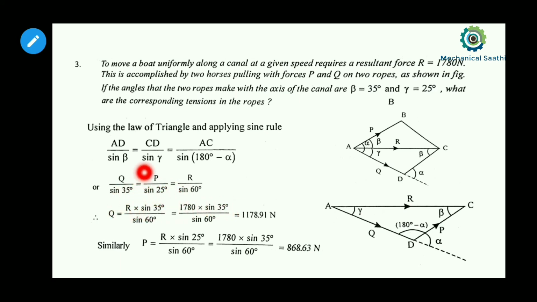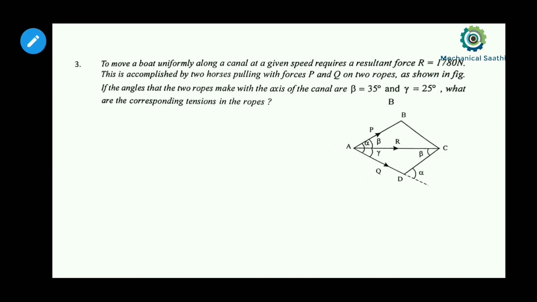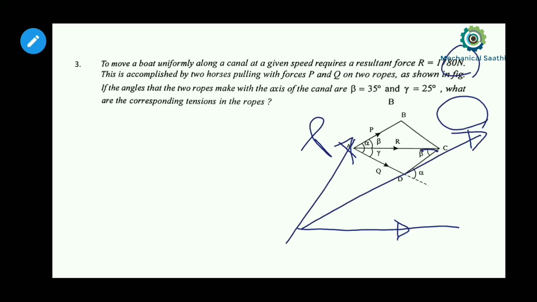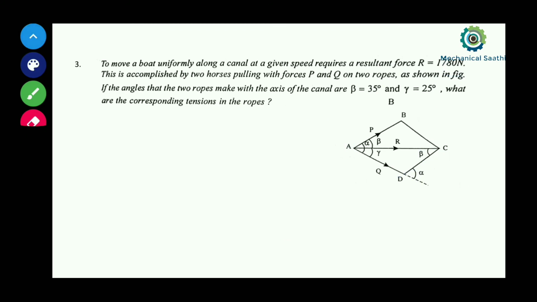Similarly, if we compare these two ratios, then we can find out the value of P. So the value of P we will get is nearly equal to 868. So do calculate this one and try to compare with this. Another method I can share with you here: if I draw that triangle which we have drawn previously, from that also we can calculate the values of P and Q. I am telling the principle only; you do the calculation and compare the result with this.